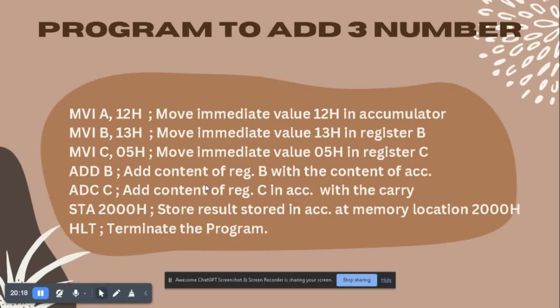Now we have ADC C. Here the ADC command is used to add the content of register C to the content of the accumulator along with the carry. So here when we do 12H plus 13H, a carry is generated. So now we have